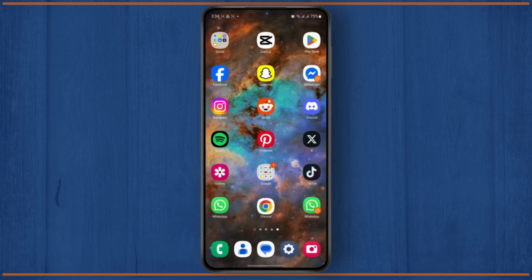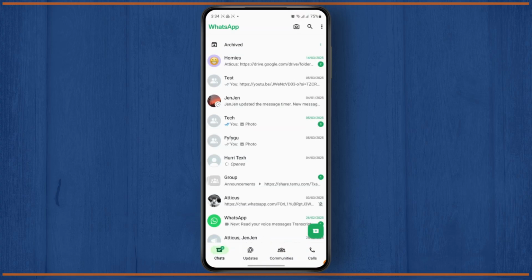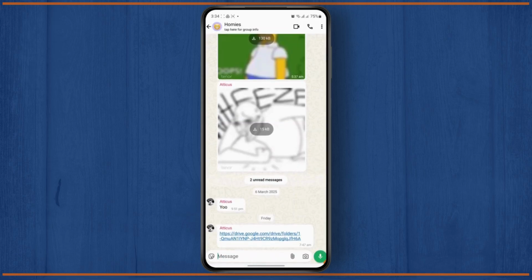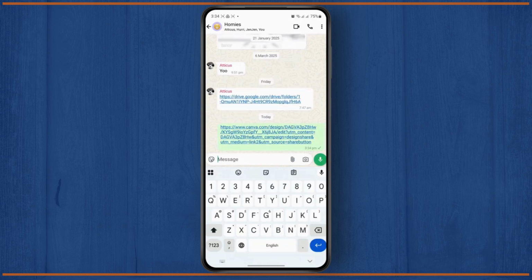Then you're going to just have to go ahead and open up your WhatsApp. On your WhatsApp chat, you can paste it wherever you want. So I'm just going to go ahead and open up this file right here, and on this chat I'm going to paste it. So whoever taps on this link, they'll be able to view my